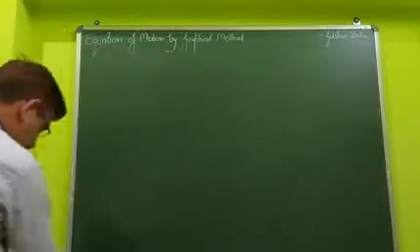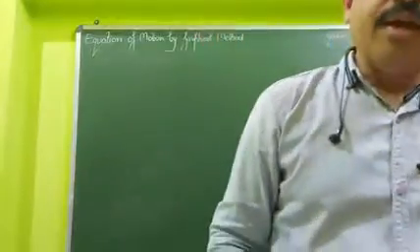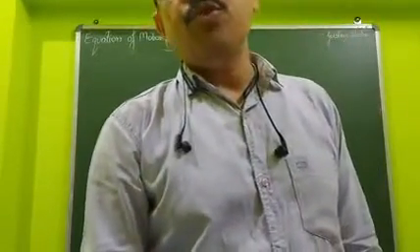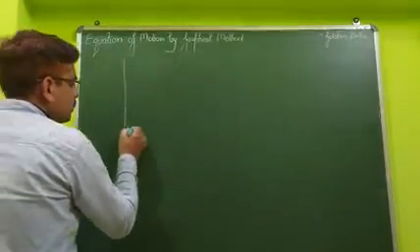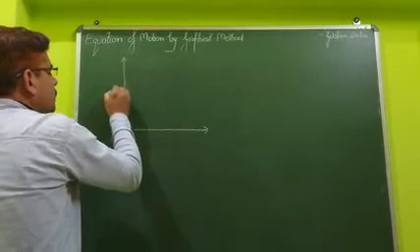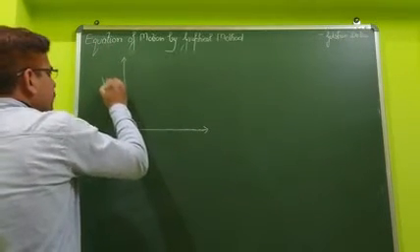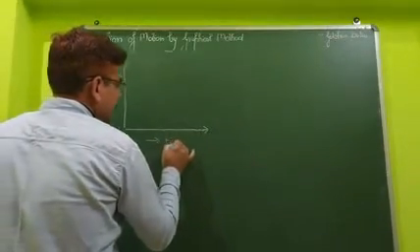So this is the first case. Second case, we will discuss the slope of the velocity-time graph. Along this direction we have to take, let's first take the speed, and along this direction we are taking time,